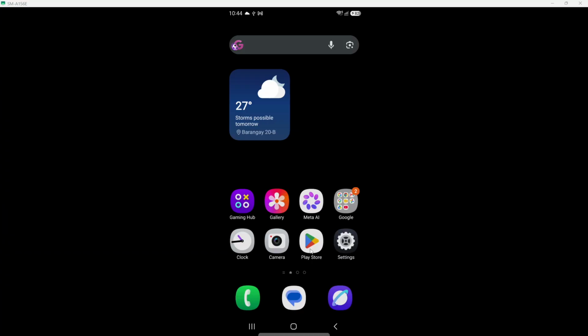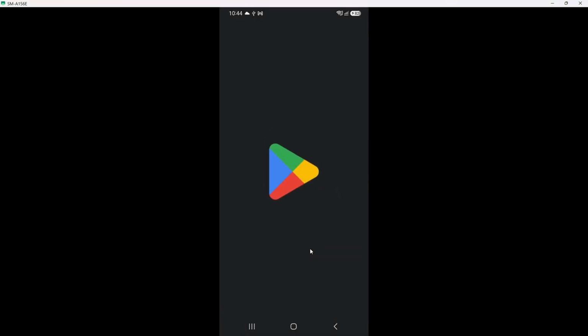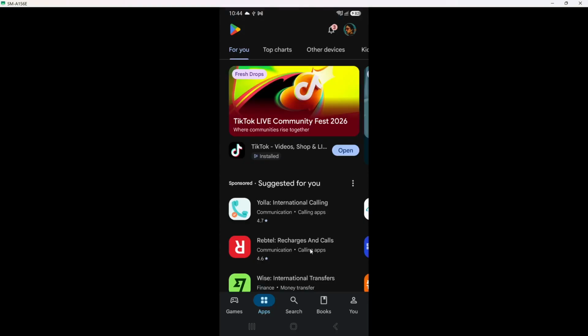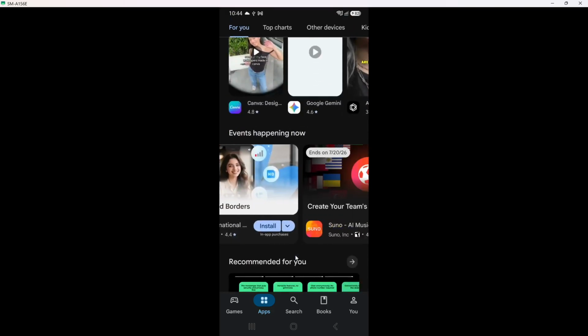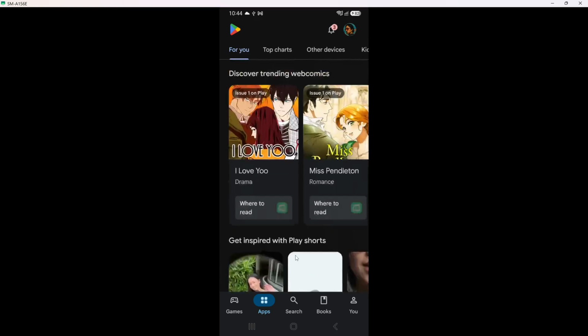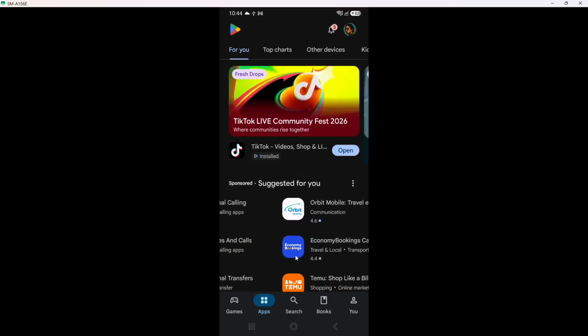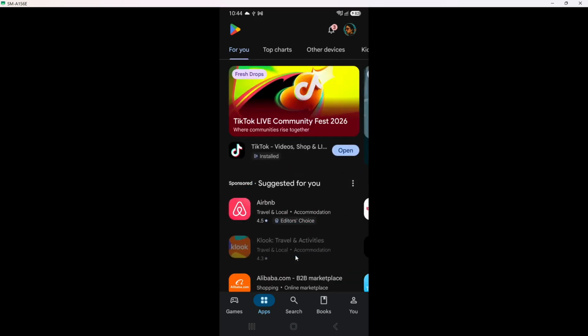You will see a colorful icon that looks like a play button. This is your gateway to a multitude of applications. Once the store opens, you will notice a search bar at the top. This is where you will type to find the app you need. Opening the Google Play Store is essential because it allows you to access official apps safely. You will also see various apps and categories that might interest you.